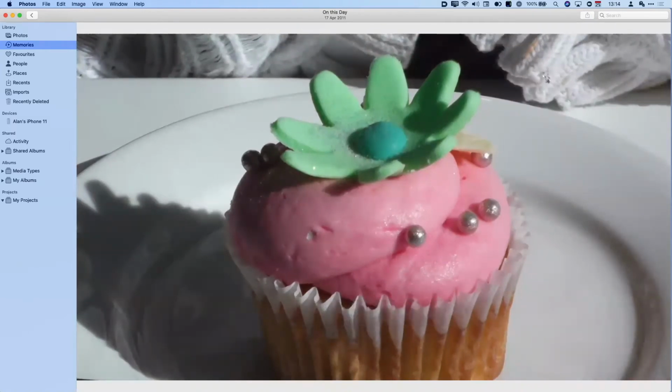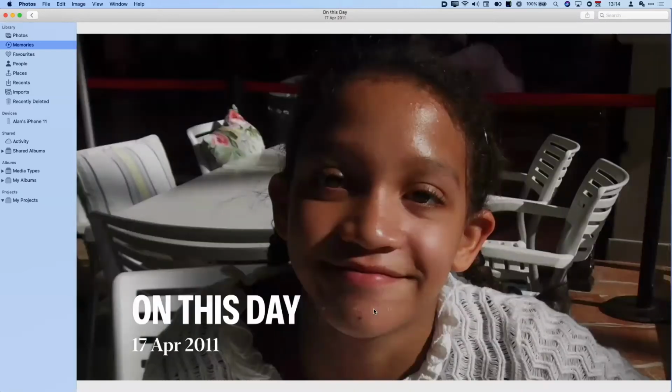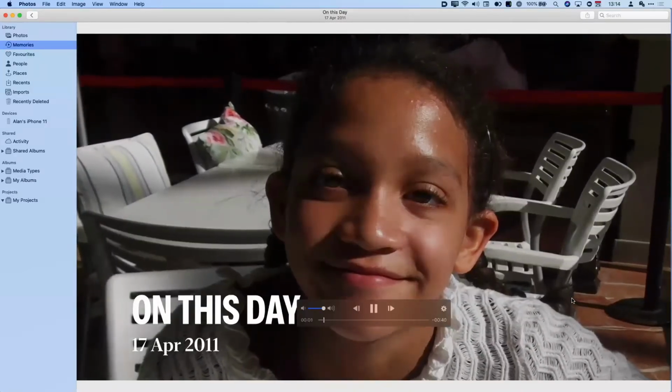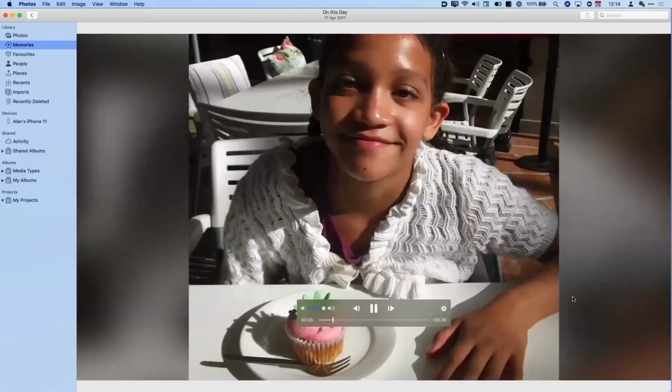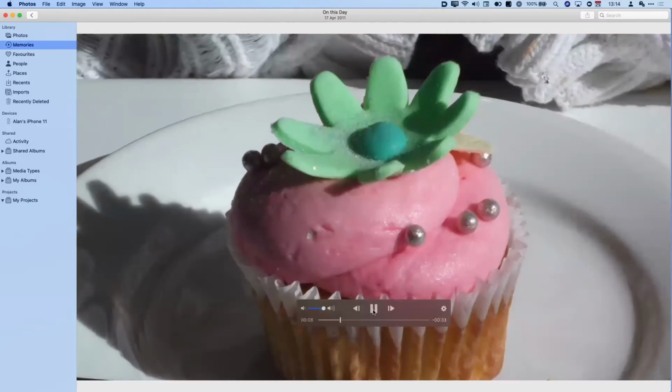Now, I can save this movie out, I can share it, but I can also change it slightly, because there's only a few pictures of this event, but if there were more pictures, I could change this from short to long, and I could change the music as well. So it's taken a default kind of neutral view. So if I wanted to be really dreamy and sentimental, I could play this again. Equally, if I wanted to be uplifting,